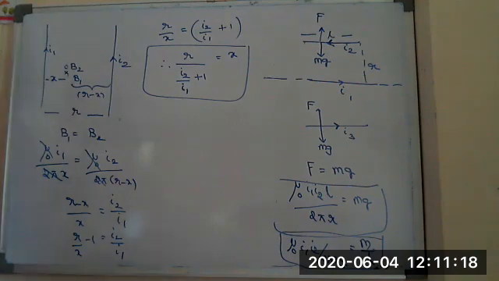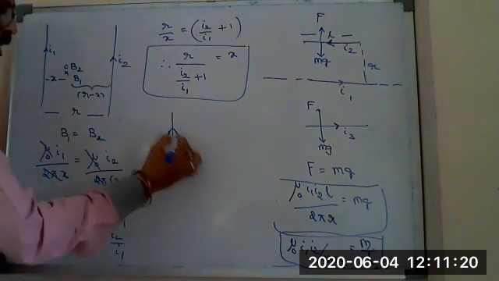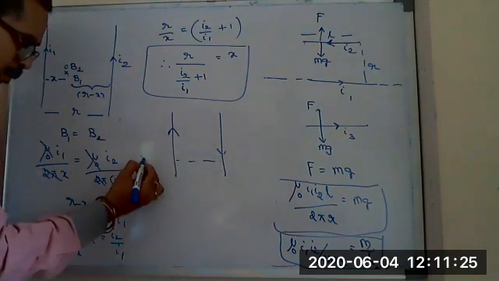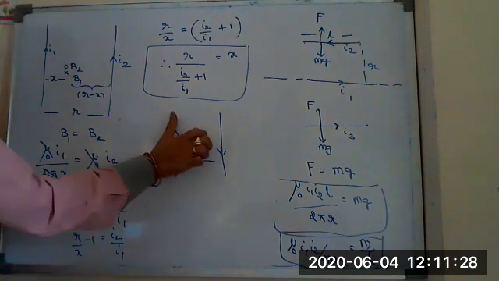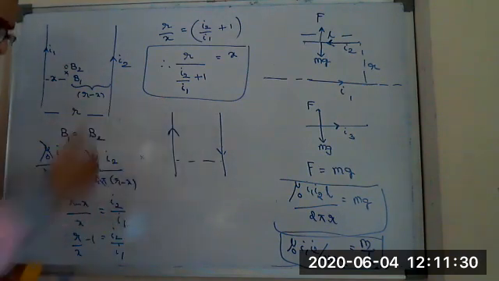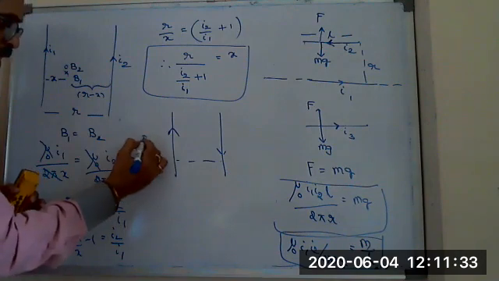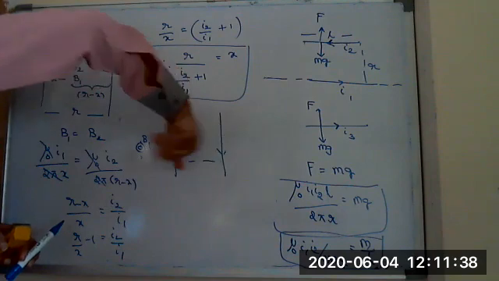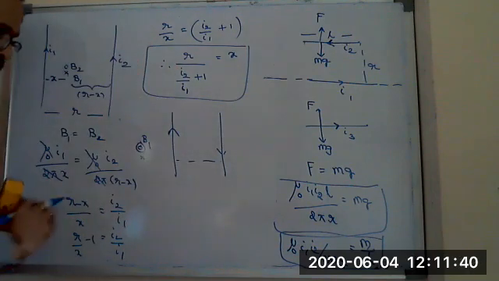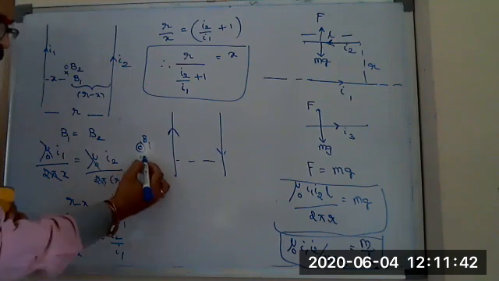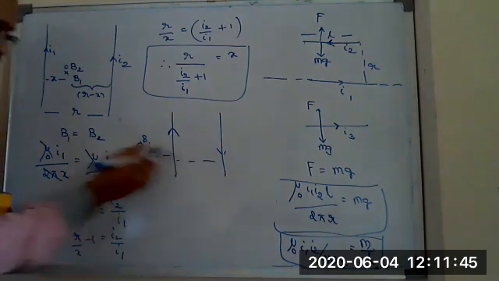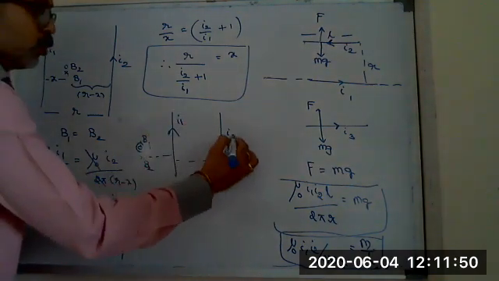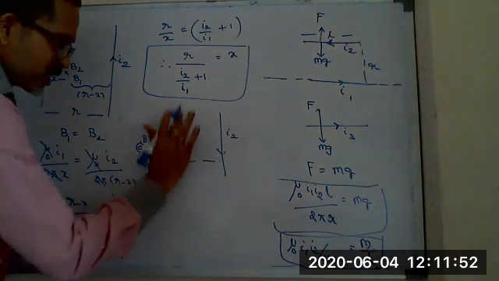Keep in mind, if they carry the currents in opposite directions, no need to solve. You will get the null point outside. Why? Because it is carrying the current upwards, meaning you should get the field outwards here due to the first conductor. It is carrying the current downwards, meaning on that side out, and on the left hand side you will get into. So you will get a null point not in between, but outside of one of the conductors. Outside means close to whom? Close to the weaker strength.